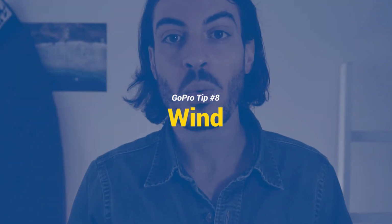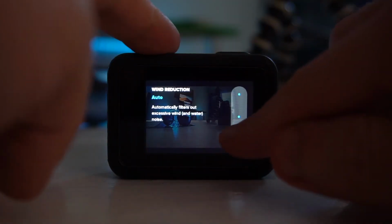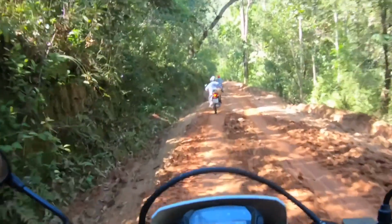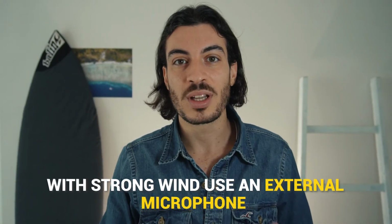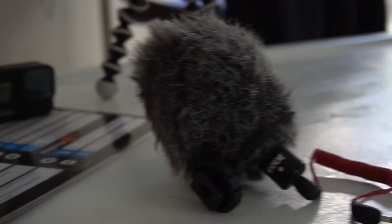Alright, next setting, wind. I believe that this doesn't need much of an explanation as if activated, it will simply filter out wind noise. But I found that it works pretty well on light noise or on light wind, while it doesn't work so much with strong wind. In these cases, I'd suggest to use an external microphone with a physical wind filter on it,